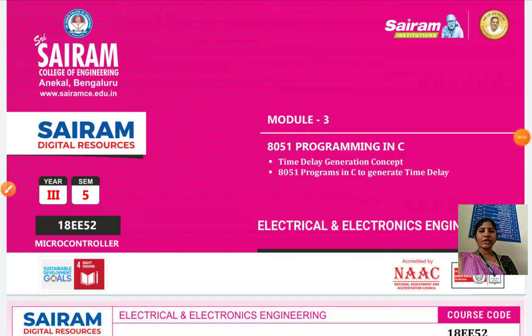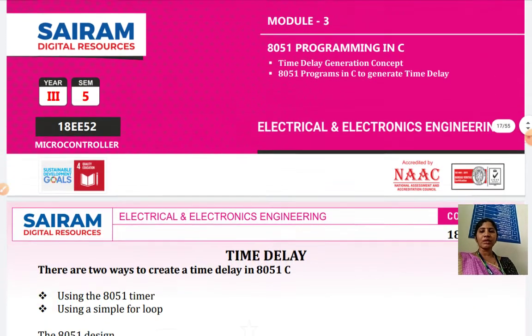Students, in the previous class we have seen the basic programming in C for an 8051 microcontroller, that is to send a signed number, unsigned number, how to load the program with an array, how to send an ASCII character. All these concepts in the previous class we have seen. So in this class we are going to see something about time delay generation, how we can generate the time delay and how we can write the program for the same in C.